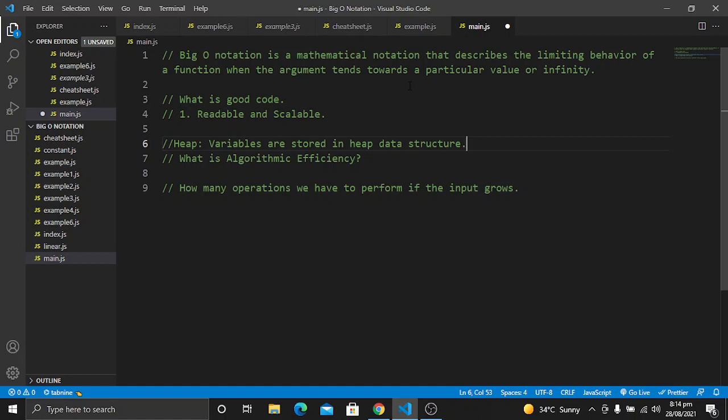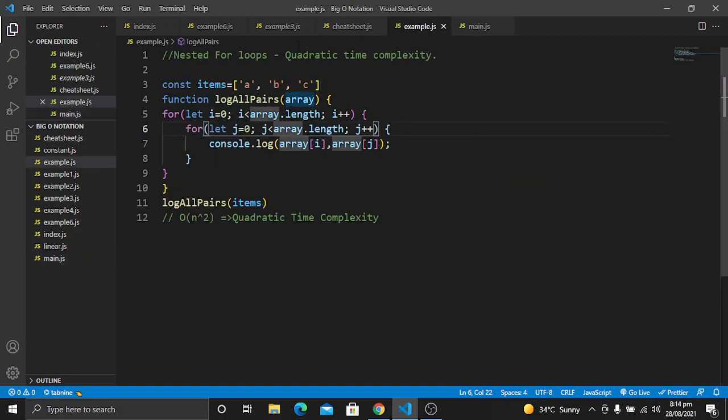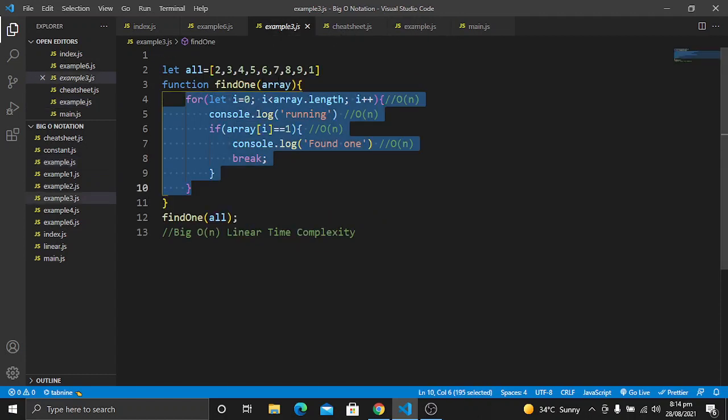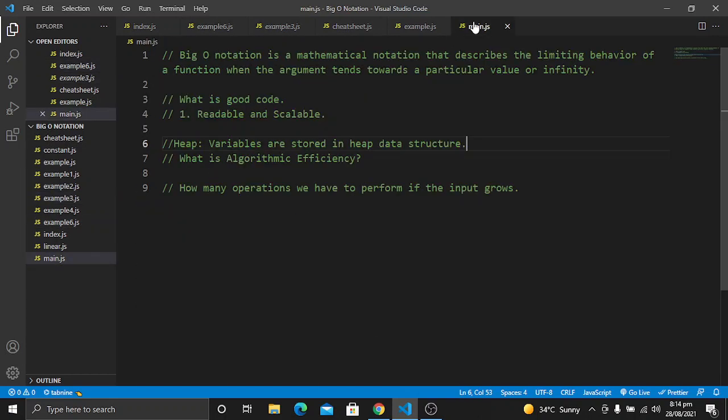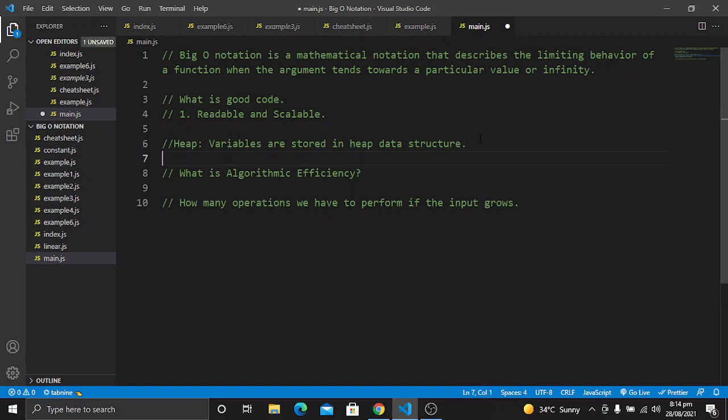So all of the variables that we declared, for example, I have declared i is equal to 0, and in different examples I have declared different variables, for example the array. All of these variables will be stored here, which is in the heap.